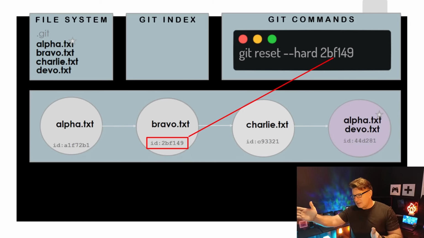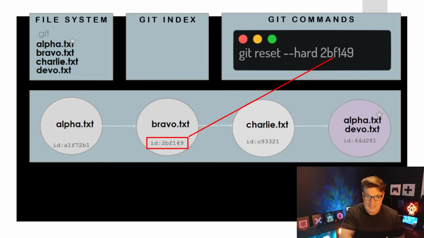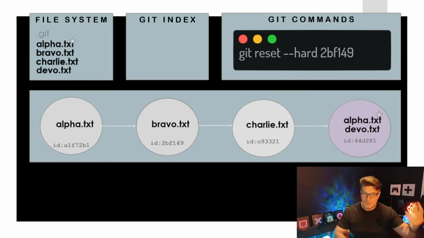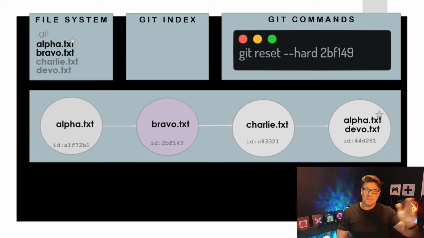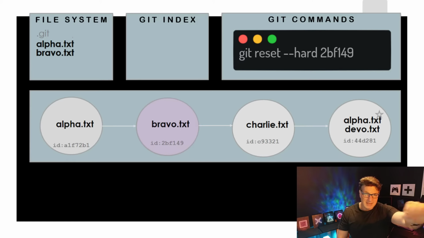One is the git commit history moves back to bravo.txt, to where that commit happened, ID 26F149. And all of the changes, all the files that happened and all the changes that occurred after that commit will be reversed out. So we issue that command, boom, we end up going back in time